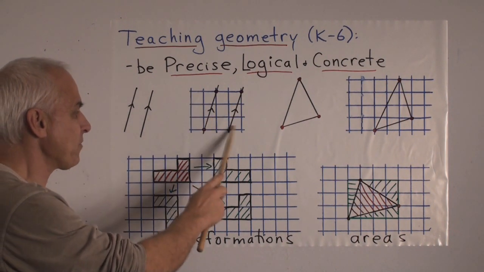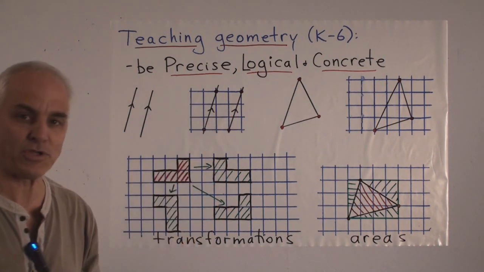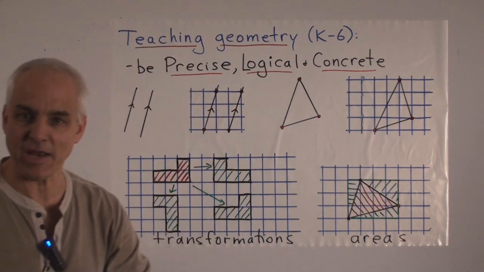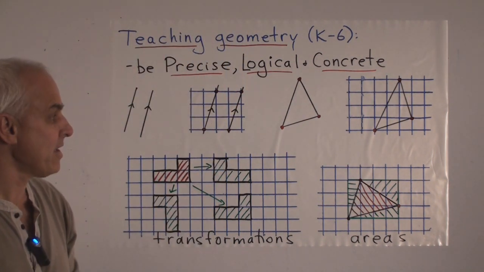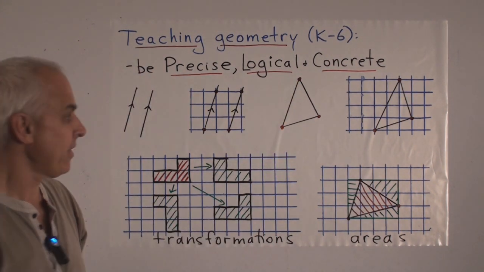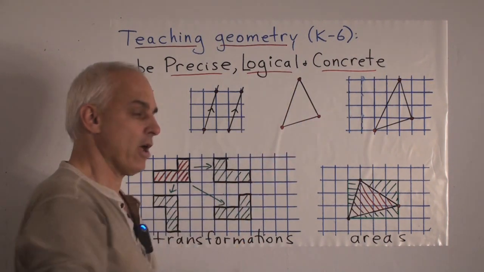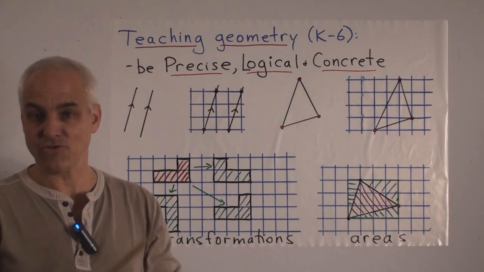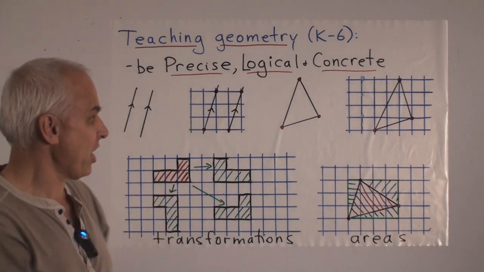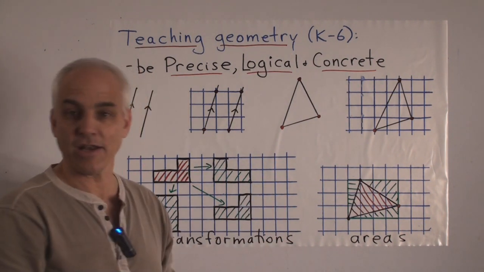Over 1 up 3, over 1 up 3, therefore those two lines are parallel. And there's no need to talk about some indefinite extension that happens way up there. Instead of talking about some vague triangle like this, just drawing a triangle on a piece of paper, it doesn't specify the triangle very precisely. And the student could easily be forgiven for not being able to copy that triangle and not know exactly